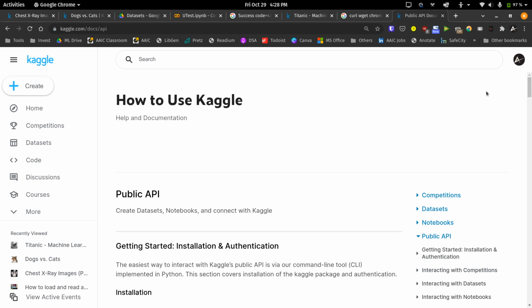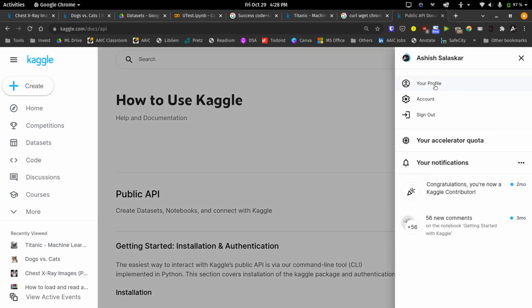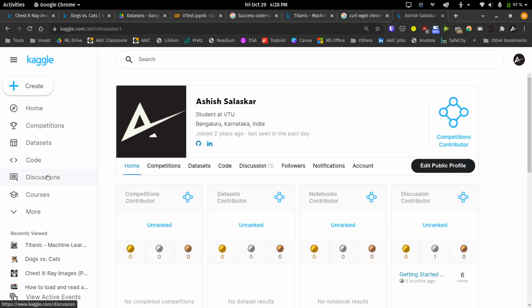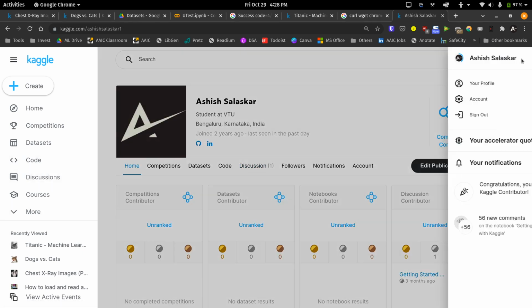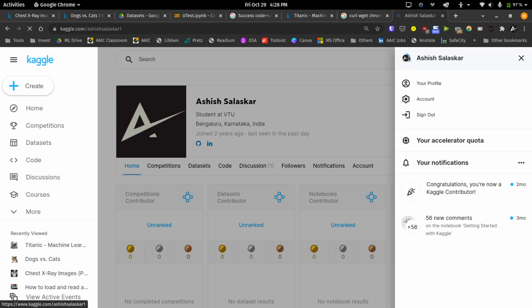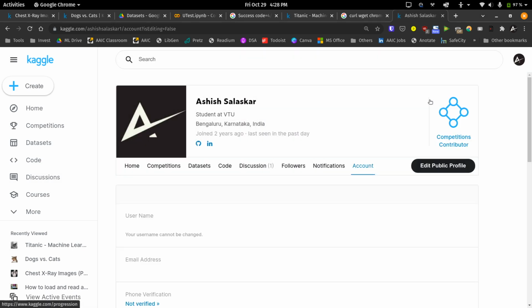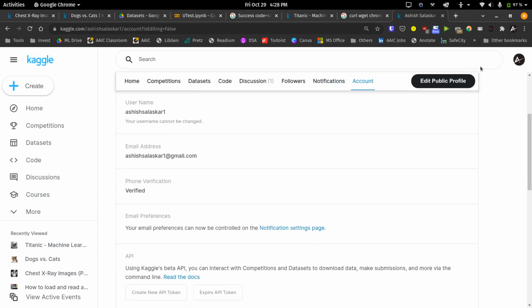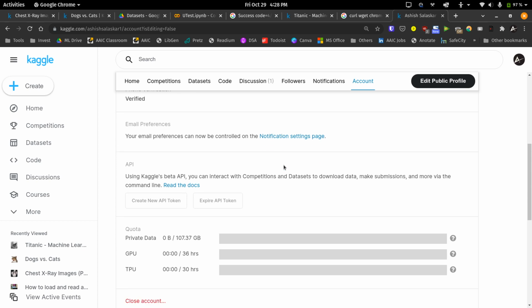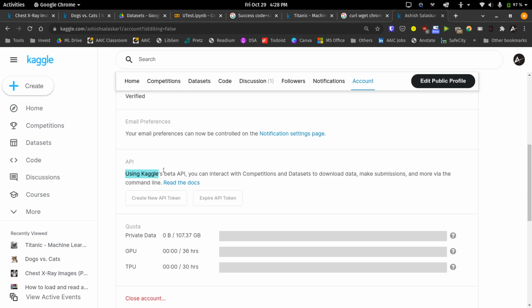So what you would need to do is, you would need to go to your profile first. In your profile, go to your account. Okay, here if you scroll down, you will see Kaggle API. Okay, so what you need to do is, you just need to click on create new API token.